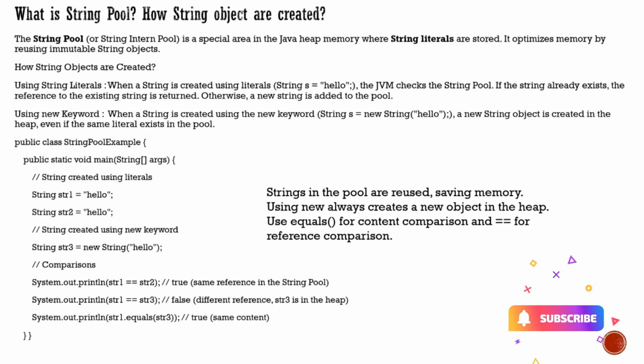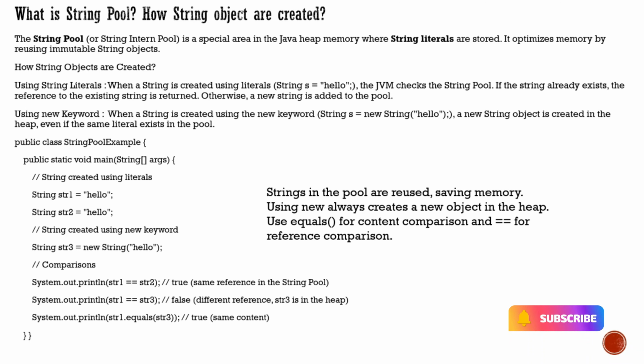Now you see an example over here. We have created string 1, string 2, and string 3. If you compare string 1 and string 2 with the equality operator, it will be true because they will be pointing to the same reference. Now, when you're comparing string 1 with string 3, which is created using a literal and new, then it will be different because